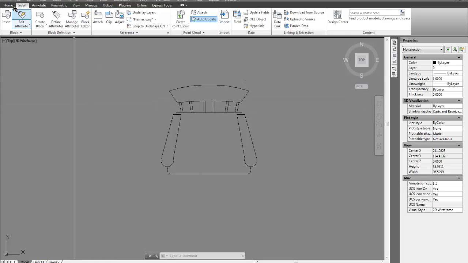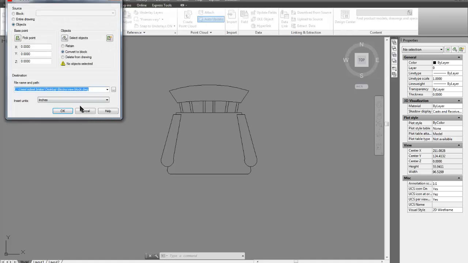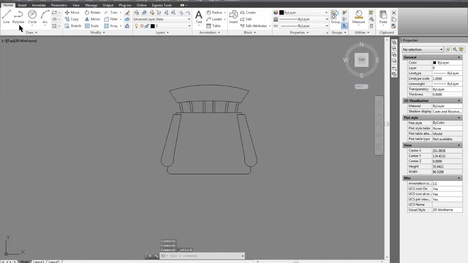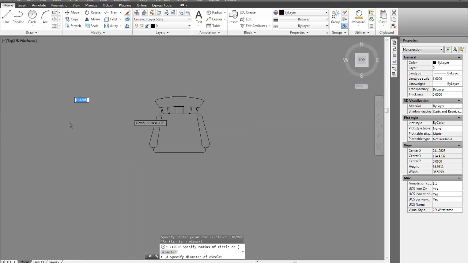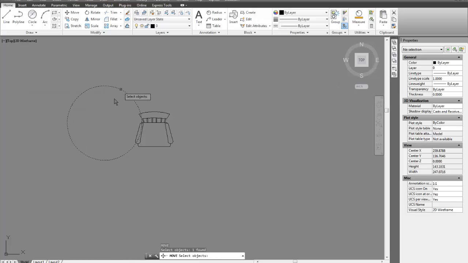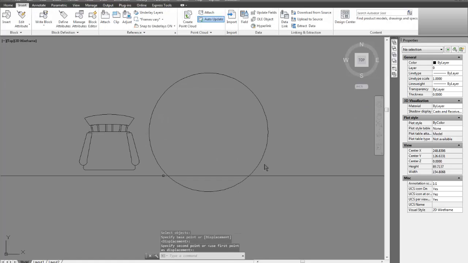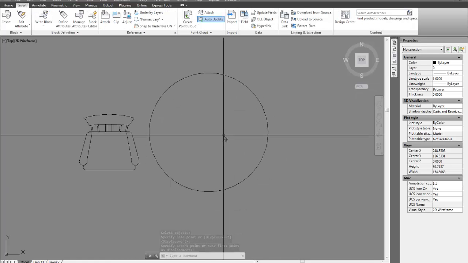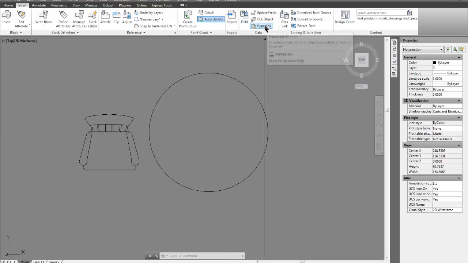The other way to do it is without going through the block creation. Inside the right block, you don't have that option. So if you're doing a right block, you don't have the option for a hyperlink. But let's say I drew this, and let's say this is a small table that goes with the chairs. If I wanted to attach just a hyperlink to the table, I don't need to make a block of this, it's just a circle. I could actually just select the hyperlink button off of the Insert tab, Data Panel,